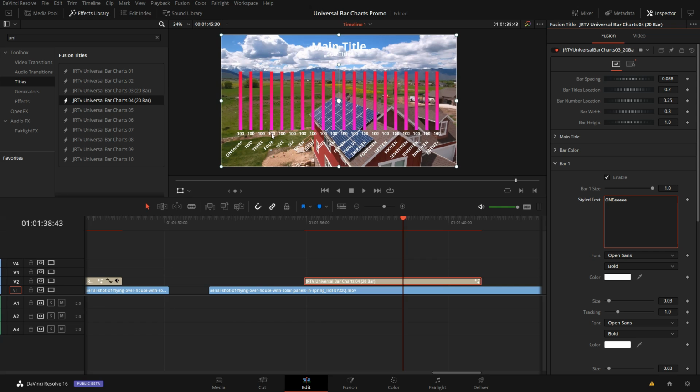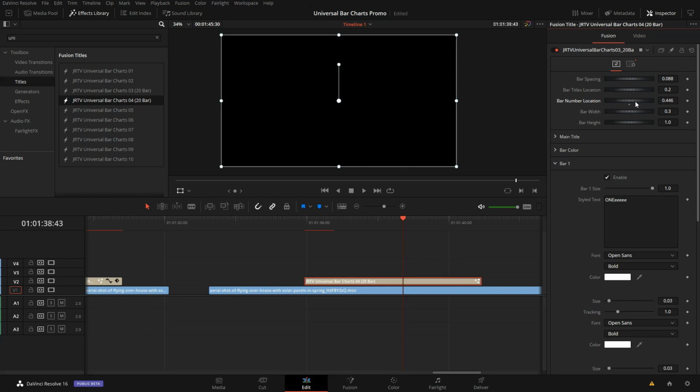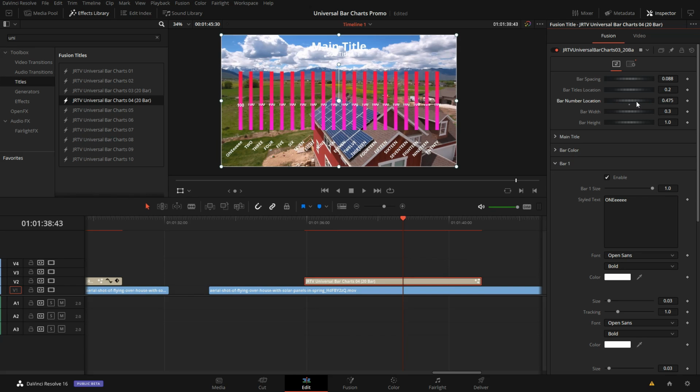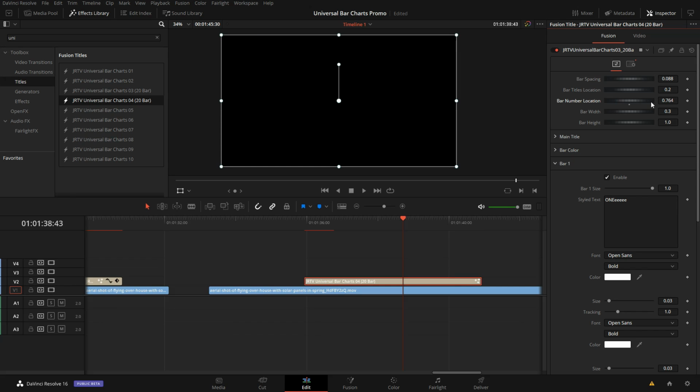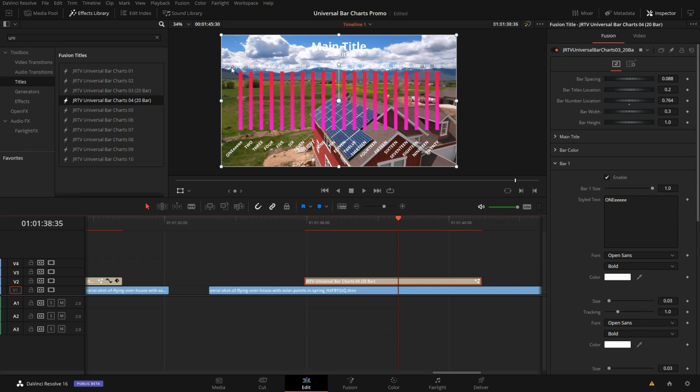You still have the ability to move these around if you want to. So we could say the numbers, if we want that to be on top, we can move this up. I think I'm going the right way. Yeah, we can move these up to fit on the top. As you can see there, now we have them along the top. This isn't a really good shot to use just because it's so bright up here, but that's how that would